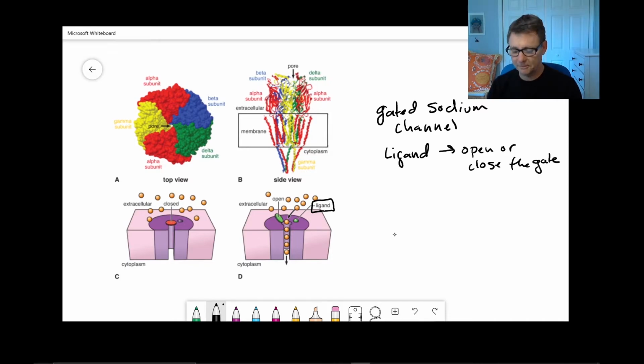Okay, so this is really important. So here we have a picture of our sodium gated channel. So this is our sodium gated channel. This is the top view. This is the side view of it. And this is a cartoon down on the bottom. And so if we start off by looking at the cartoon, just to orient you to how this thing works,